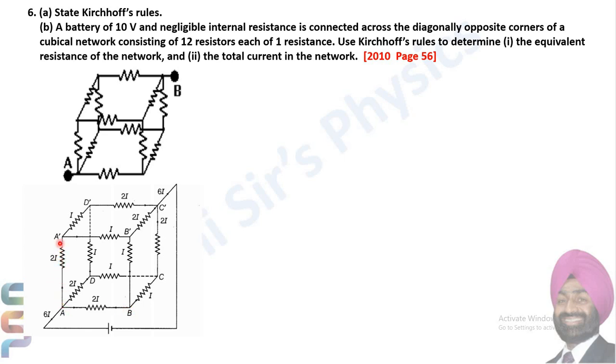Each 2I further gets divided into I and I, here too I and I, and this current 2I again into I and I. Next junctions, point C, current I is coming this way and current I is reaching this way, total current 2I. Same way I is coming this way, another I coming this way, current total 2I. And similar arguments, this current is also 2I, 2I, 2I, 2I add up as 6I, and total current from battery to battery's negative is again 6I.